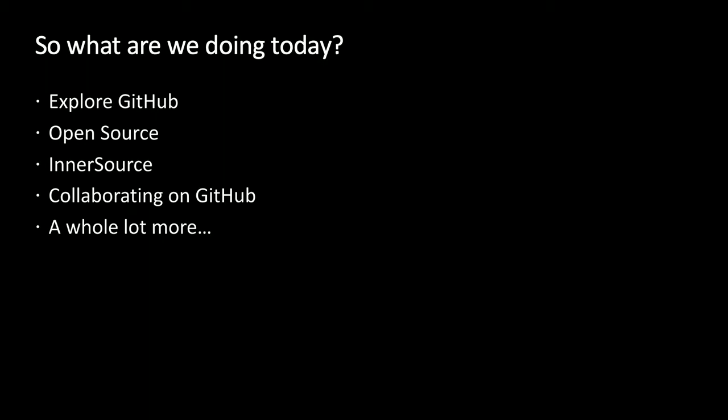We'll touch on open source, because you can't have a GitHub session where you don't talk about open source. Then we'll turn that internally, applying the open source concept, model, and philosophy to your enterprise. This is something we've seen as a main value driver for companies adopting GitHub, and maybe you have too, if you've already adopted GitHub Enterprise. The reuse of code and the collaboration aspects are really important for our customers. And of course, with that, we'll talk about collaborating on GitHub and a whole lot more. We have a lot to go over, so why don't we just get on with it?